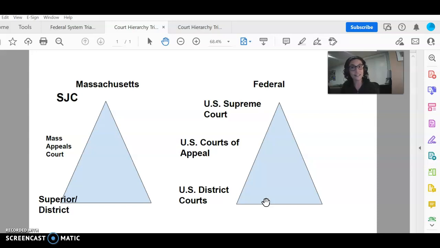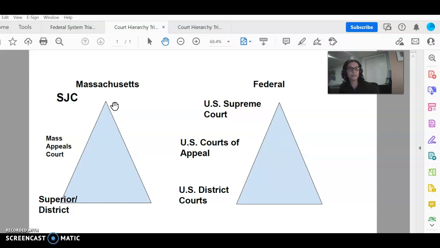Also, the panel is an odd number of judges because they have to sit and review. You can't have a 2-2 decision and then say, well, I don't know, maybe there was an error of law before, maybe there wasn't, let's all go home. We need to have a situation where you have a majority or some type of odd number situation. The Massachusetts Appeals Court is an odd number. You guys can look it up to see how many justices sit at the Supreme Judicial Court. I won't tell you now. I'll have you just look that up. Find out the number of justices sitting at the Supreme Judicial Court.